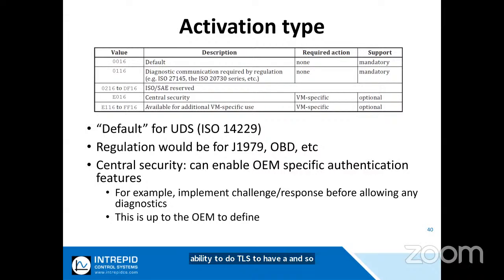And Jay, you are correct that central security could be any homebrew type of security that OEMs want to implement on their own, separate from DoIP. So you're right that this could be a way to unlock the ECU. They could make it a unique protocol underneath, because everything beyond that central security activation is basically up to the OEM to do whatever they'd like. Okay, so hopefully that answers Jay's two questions. Let's see, Bill's got another question. Is it specified somewhere that DoIP